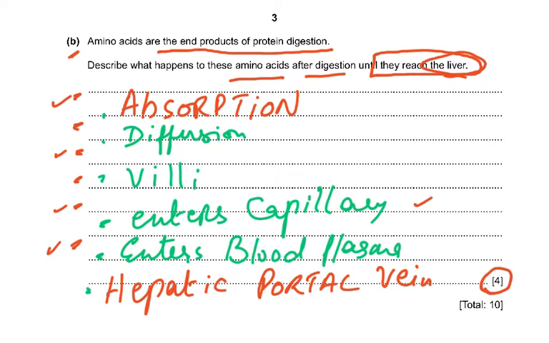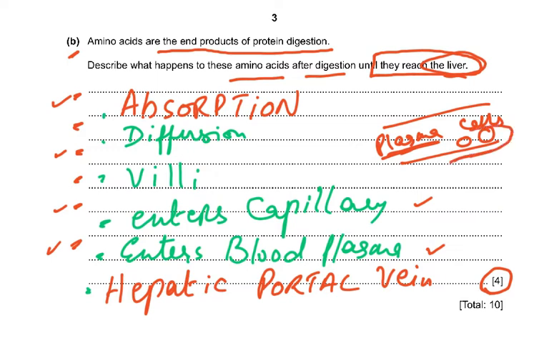So they will enter the capillaries, and then where do they enter the blood? Blood plasma. You see, when oxygen is transported, it is transported as oxyhemoglobin inside the red blood cell. So blood is a tissue. There is the plasma in it, and then there are the cells in it, the red blood cells and the white blood cells. So you have to be very clear when you talk about the plasma and when you talk about the things being transported in the cells. And then the vessel which connects is, of course, the hepatic portal vein.